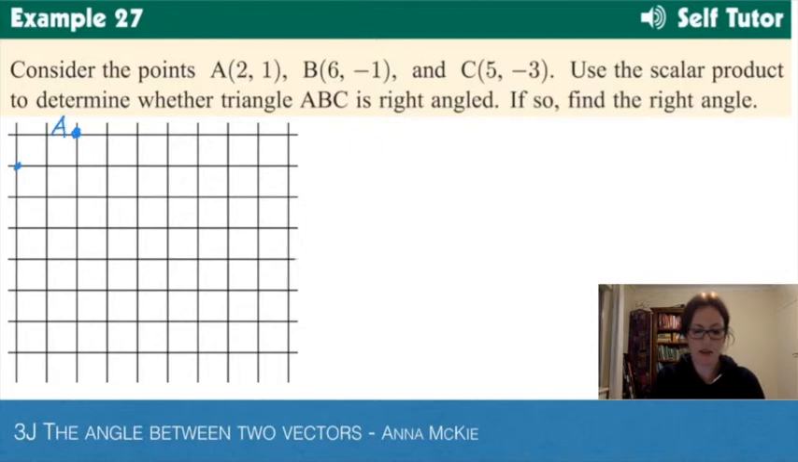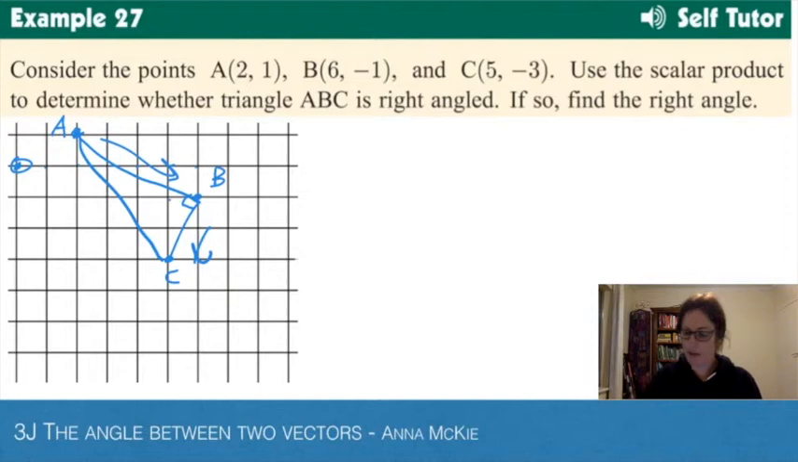B then would be across 6, down 1, and C is across 5 and down 3. So now we can see what these would roughly look like. Here is our triangle, and where would the right angle be? Of course, drawn with a ruler, the right angle would be at B if there's a right angle there. So we need to work out vectors AB and BC, and then we can do the